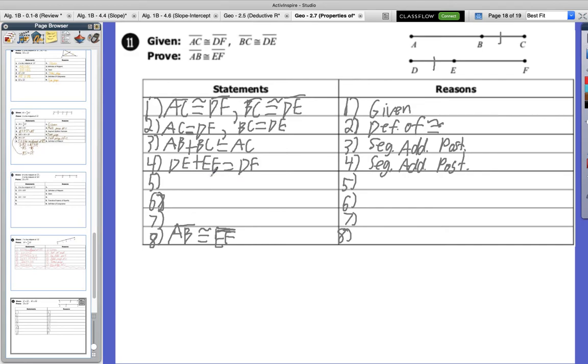Now on number 5, we're going to start using some of this information we were told earlier, where segment AC has an equal measure of segment DF, segment BC has an equal measure of segment DE, and we're going to take this equation in number 3